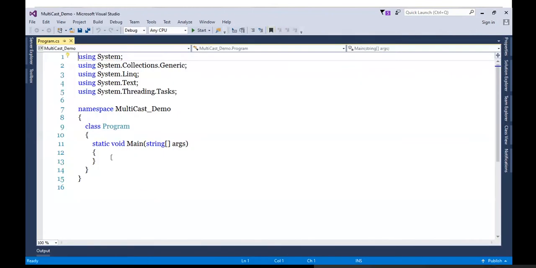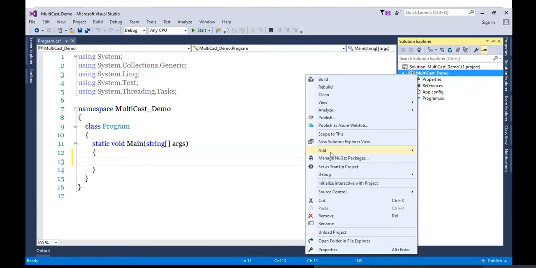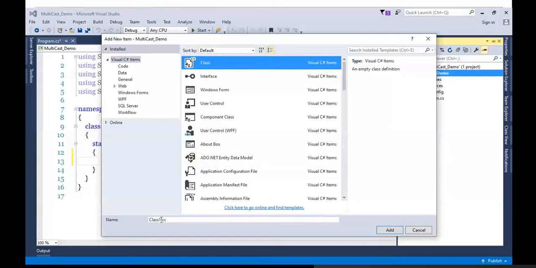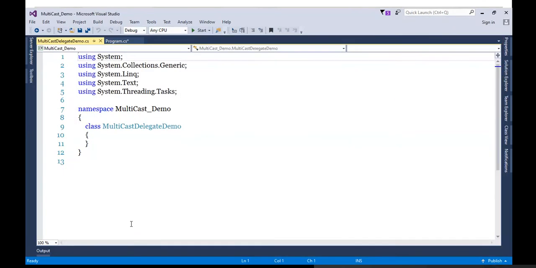Enter. Now in multicast, again we'll take a class here. Let's name it MulticastDelegateDemo. Let's prepare multiple methods.